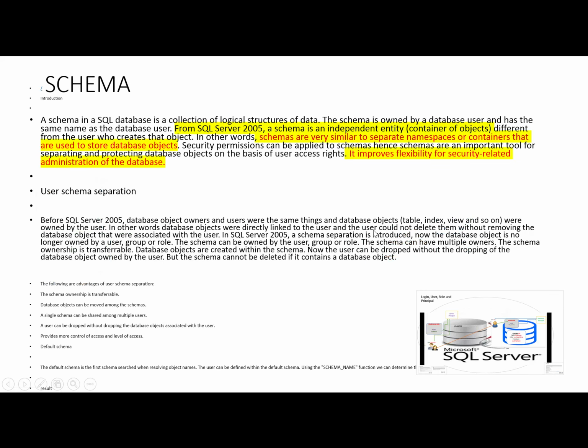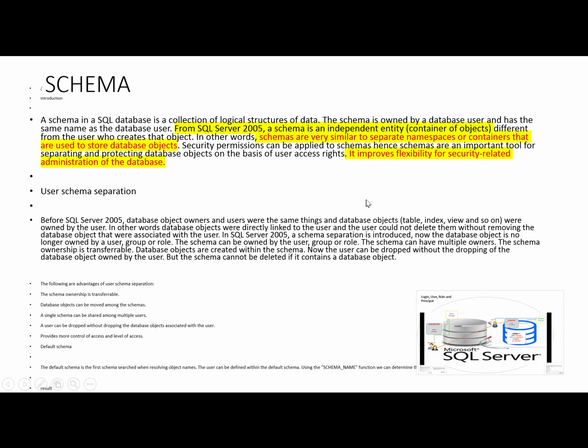If there was no schema, like in SQL Server 2000, to implement such scenarios we would have to create three databases. But now, because of schemas, we can create the same kind of sub-databases in the main database. In one database we will create three schemas, apply the permissions on these schemas, and restrict the users.